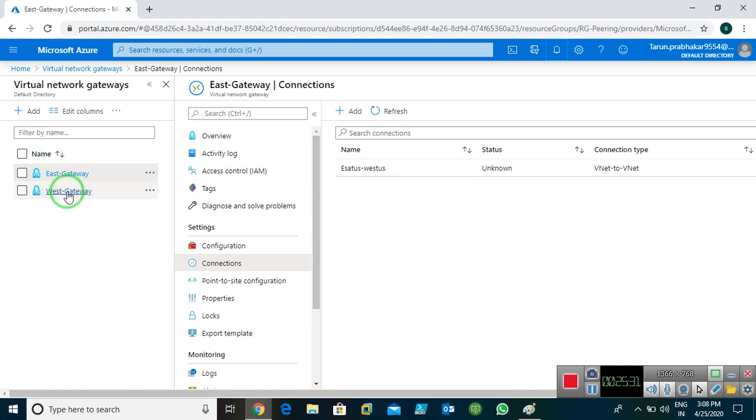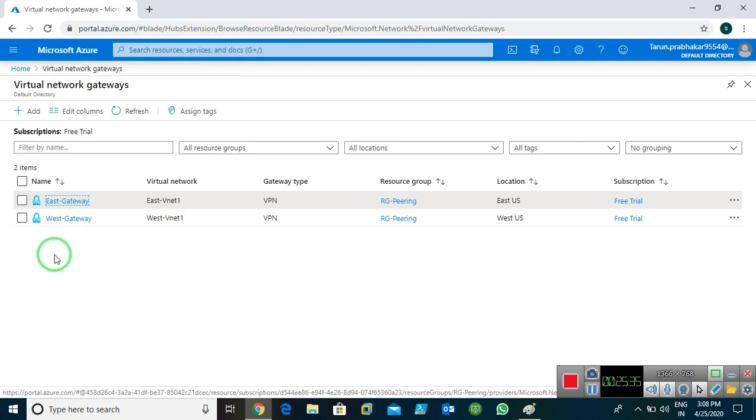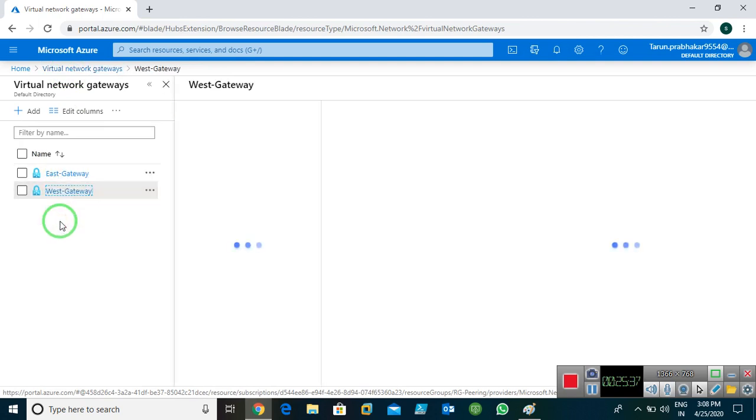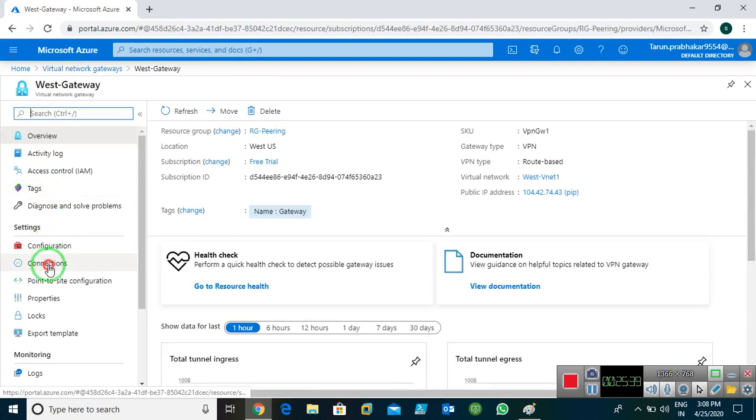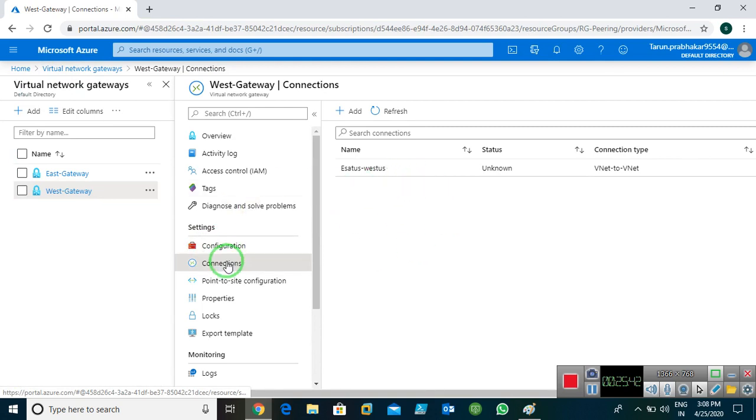Now I go again to virtual network gateways. This time I choose the West gateway and click on connections. As you can see, the West gateway also shows that the East to West connection is created, but I need to create the West to East connection also, vice versa. Right now I'm in the West gateway. Click on add.